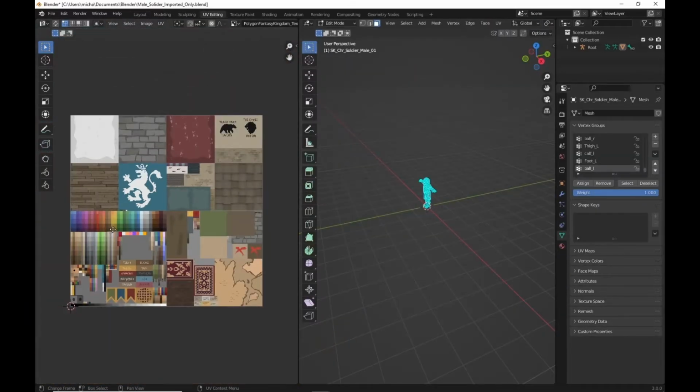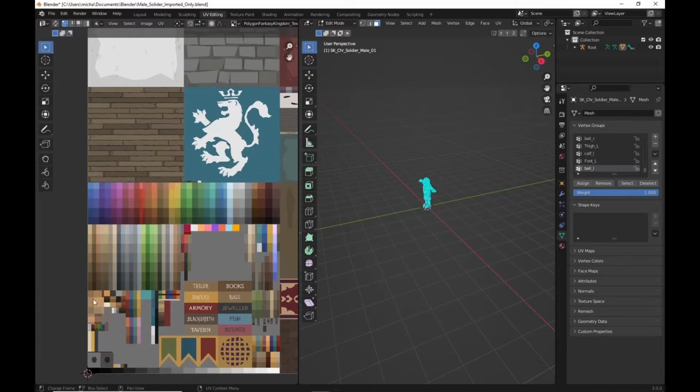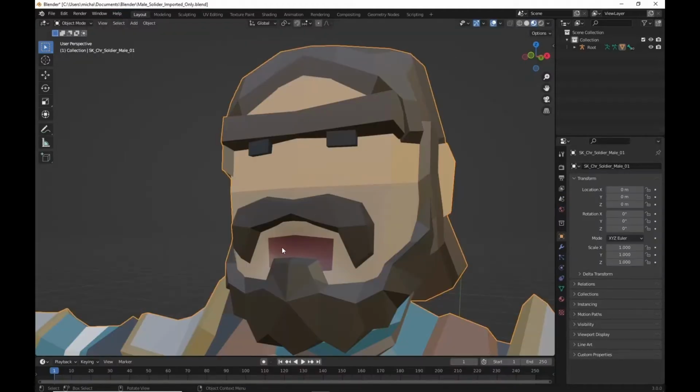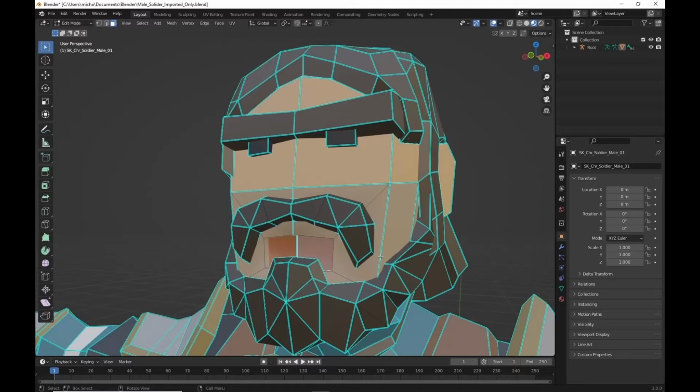Under the UV editing, we'll grab the little black dot that was over here. We'll just move it up to some deep red, and that should give us an inside of the mouth color. Back in edit mode,